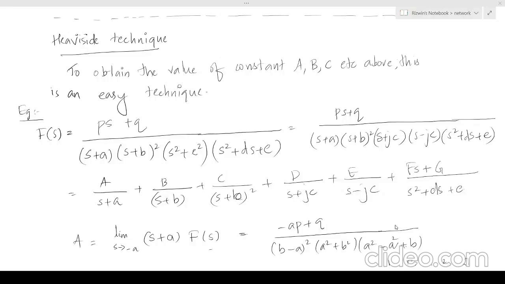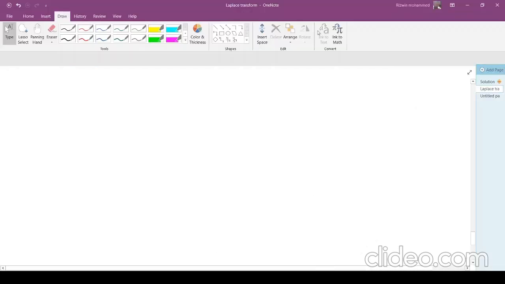So far, we were discussing how to take the Laplace transform and find the voltage or current, the final value in the time domain, etc. Now we are going to discuss how to take the inverse of the Laplace transform. For that, we are using a very important technique called the Heaviside technique. In the Heaviside technique,